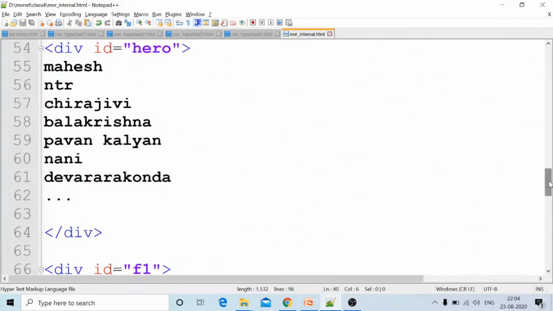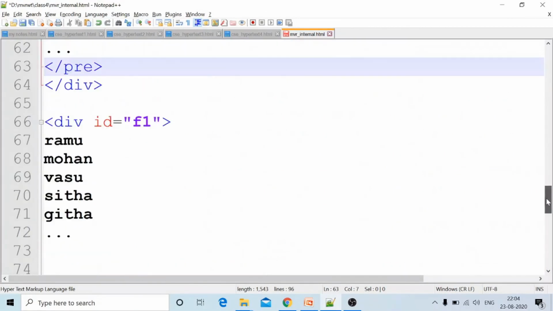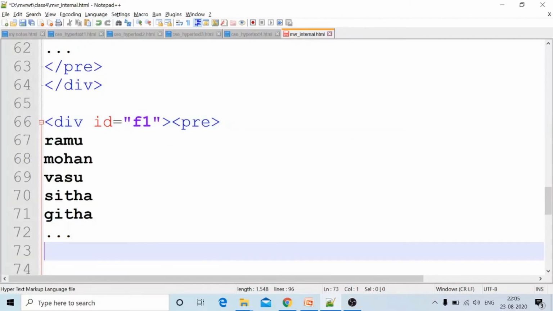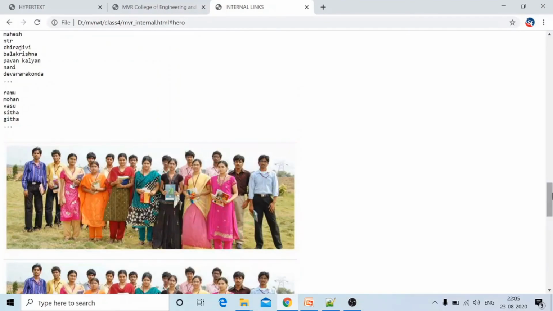I am also inserting the pre tag here. Pre tag, very important tag. Pre, pre, close of. After the div it is open. Before the div I am closing it, slash pre tag, pre. For this one also I am placing the pre tag. One more is there. What is friends? Pre, end, slash pre. Okay, pre tag, slash pre tag. Control S, Alt Tab. Okay, I refresh the page, F5.